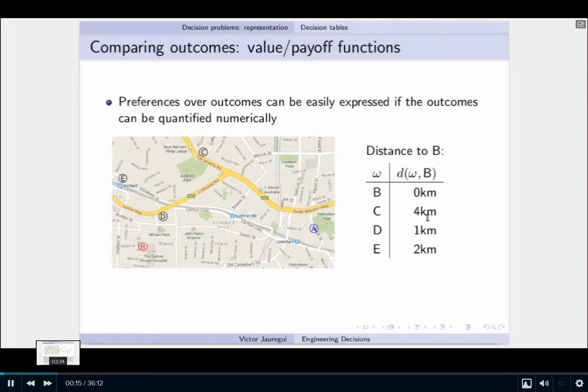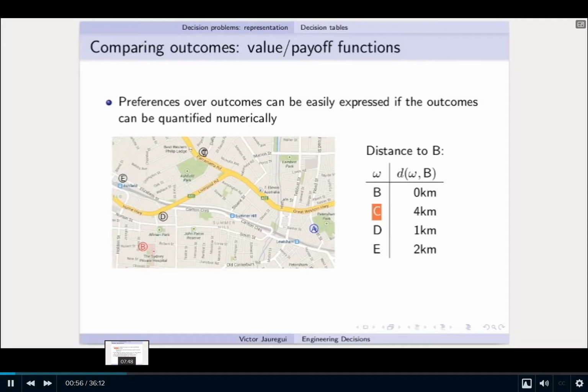Let's add some details in terms of giving values by which we can measure how good an outcome is. So in the traveling problem, in the getting from A to B problem, we can evaluate our outcomes in terms of, say, distance from our destination. Right, so if we look here on the table on the right, we'll see that our destination is B, and the distance from each of these outcomes to our destination, well, if we take the outcome